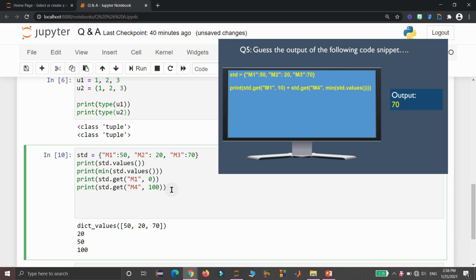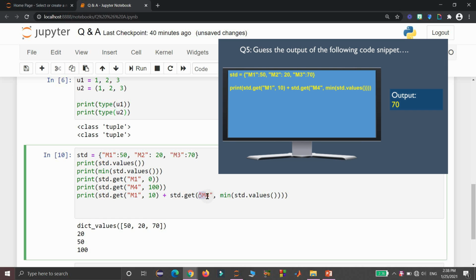After having said this, I am going to consider the same statement which I have given in the code snippet. So in this case, we have two get methods. In the first get method, the key is M1. Since the M1 key is already available in the dictionary, it will return the corresponding value, that is 50. Then that 50 will be added with the return value of this get method.